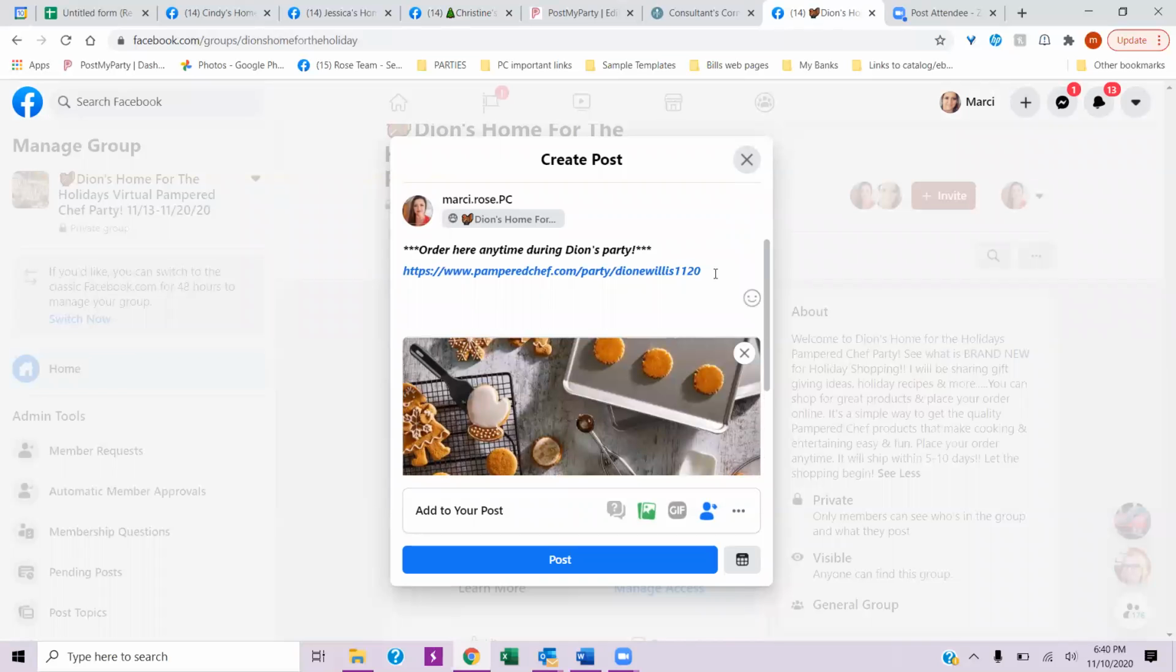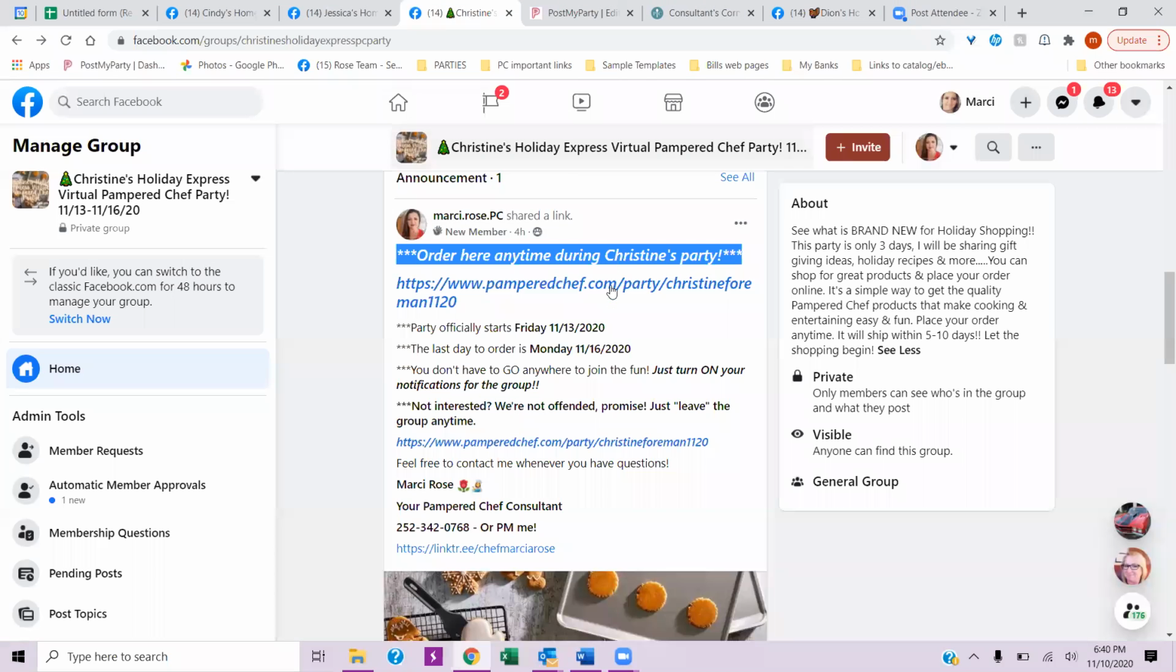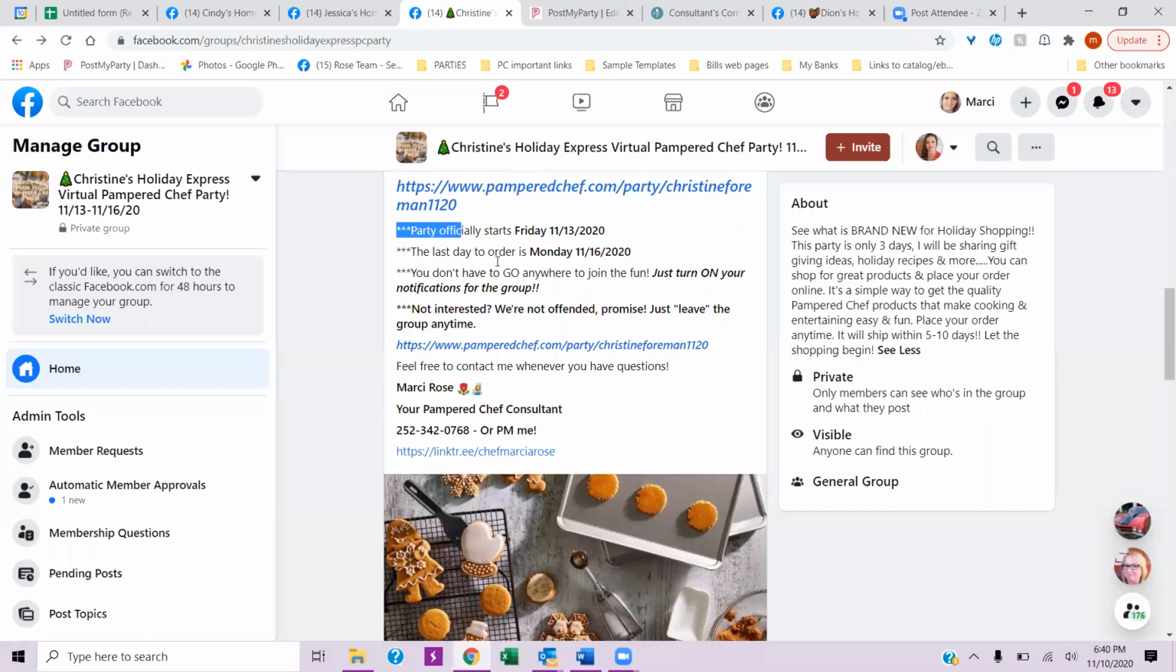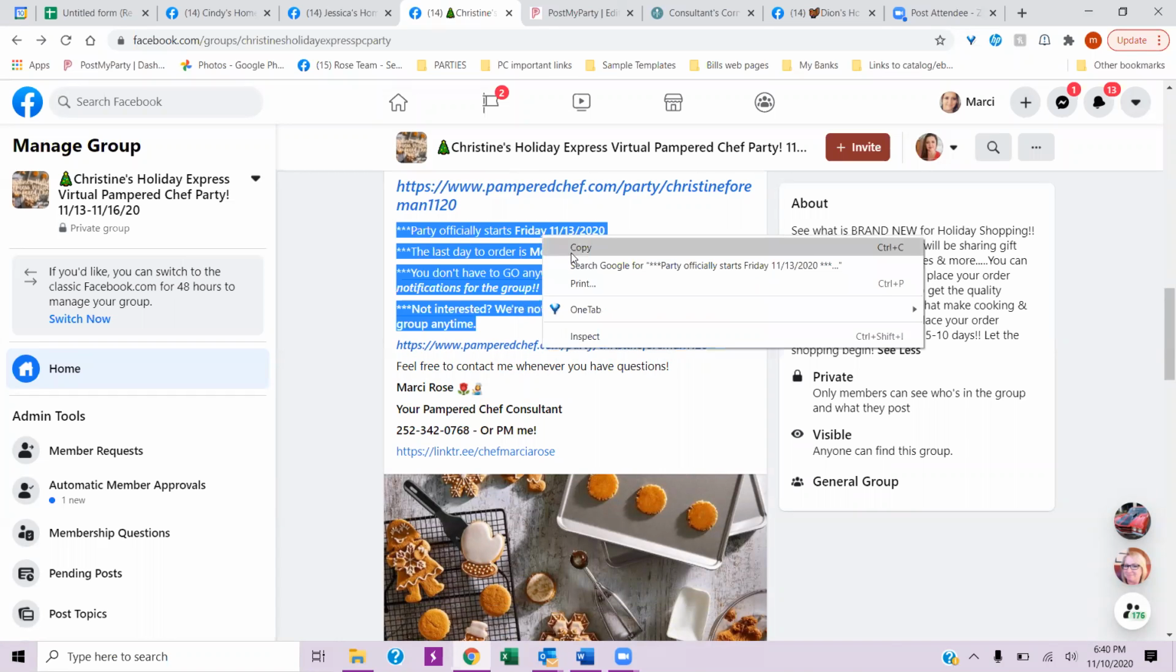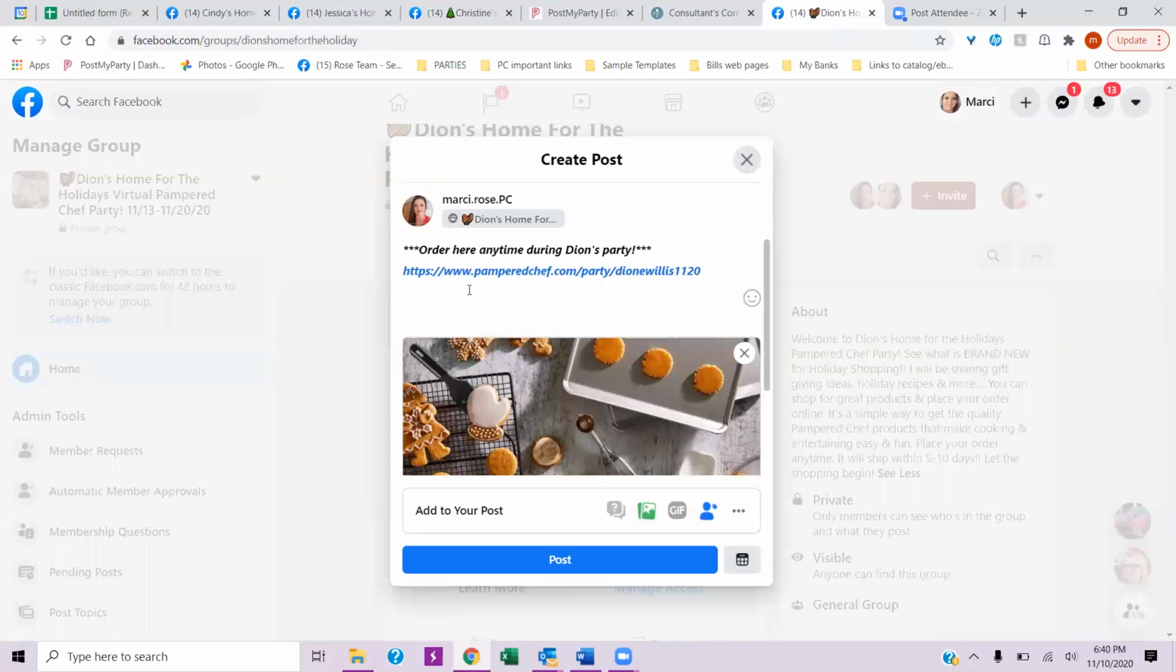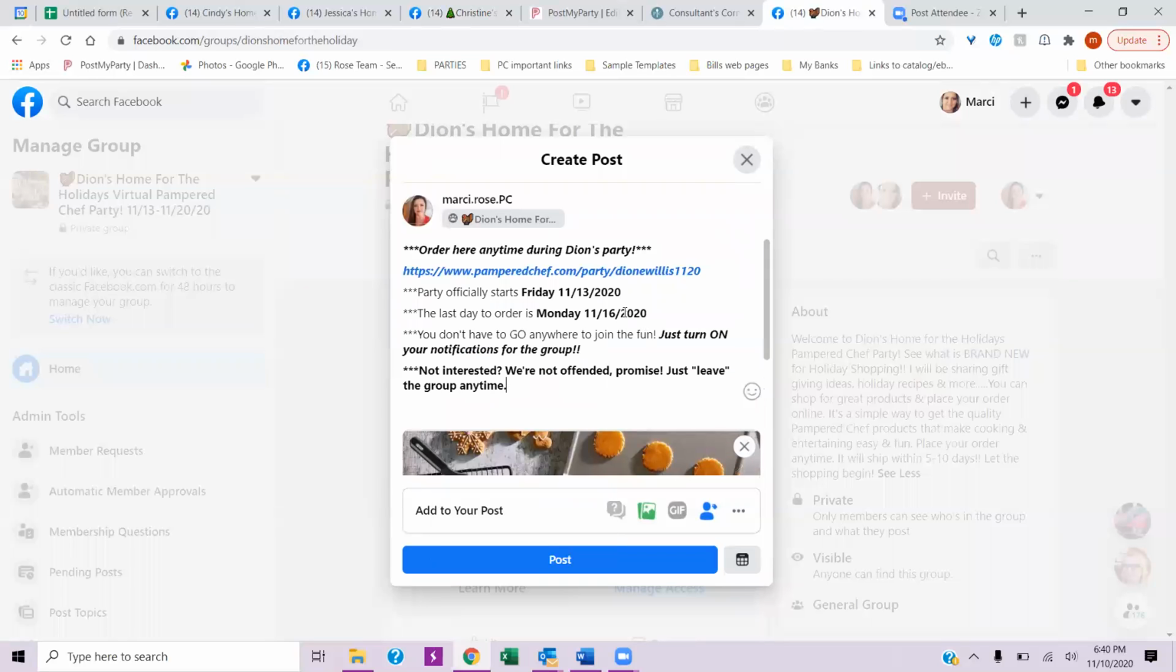Then we're going to go back to Christine's, and we're going to copy this and go back to Dion's and paste it, and we're going to change the dates. It actually starts the 13th, but it doesn't end until the 20th. Okay, and then we're going to make sure this other stuff is